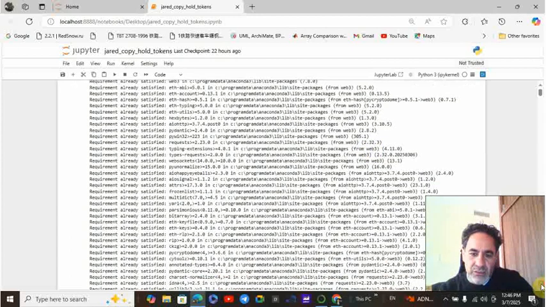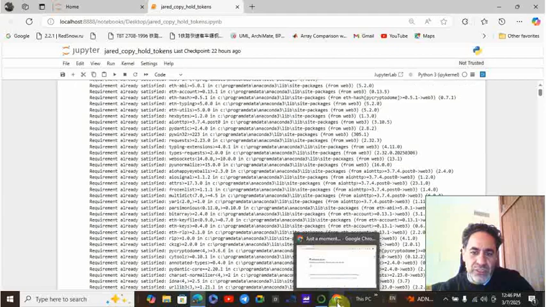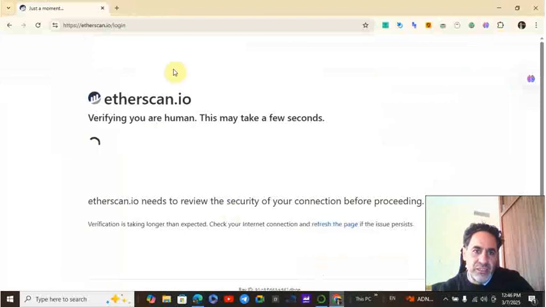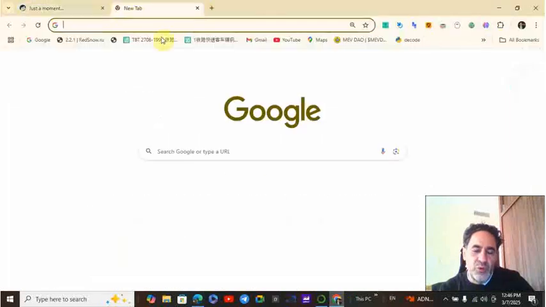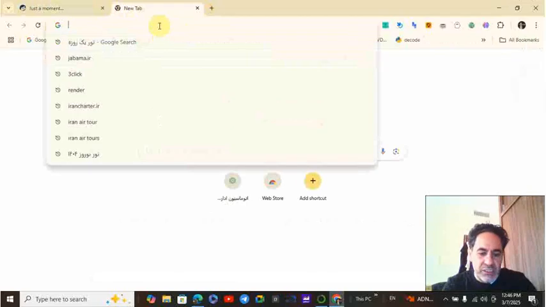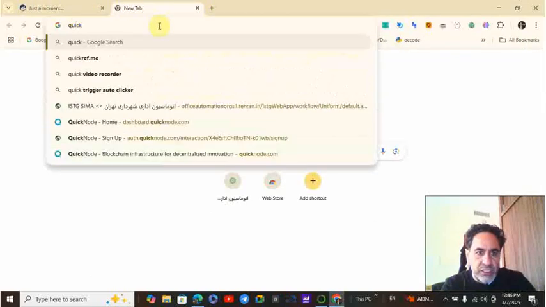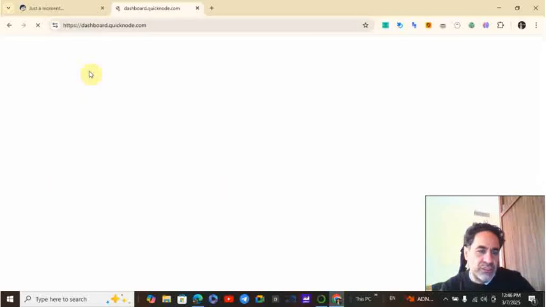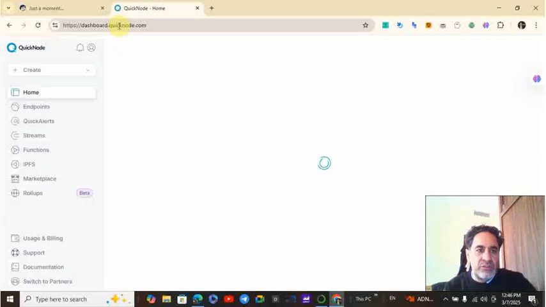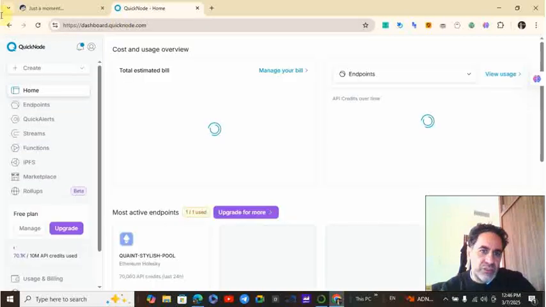And you should know what a Web3 environment is and why it is important. For that, I just scroll to my QuickNode dashboard so you can see what a node in Ethereum is. I have set up a dashboard in QuickNode. It is free. You can do it for yourself, and you can create